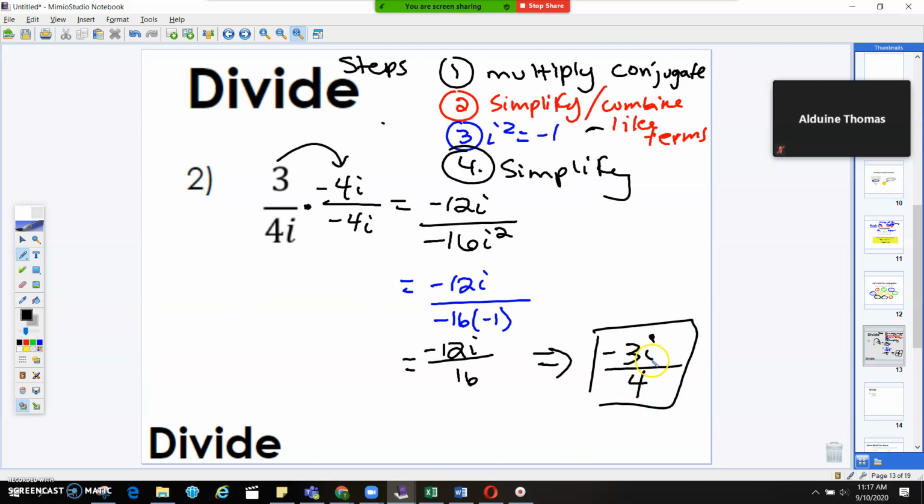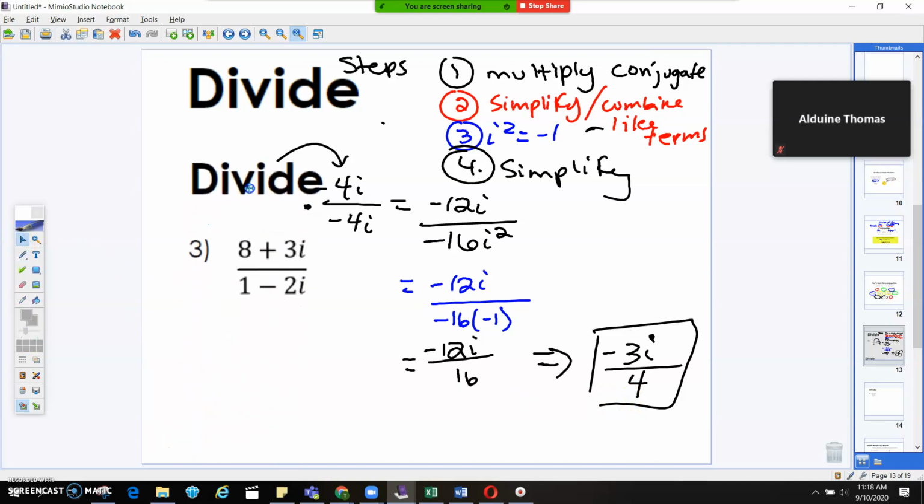One thing I want you to notice is that the original problem and what you finished with are kind of similar to each other. This is really only going to happen if the denominator only has an imaginary term instead of having the complex numbers. Okay, so just something to keep in mind. And if you ever have an i left in the denominator, you did something wrong. Okay, so you should never have an i in the denominator. It's okay to have it in the top, can't have it in the bottom. All right,